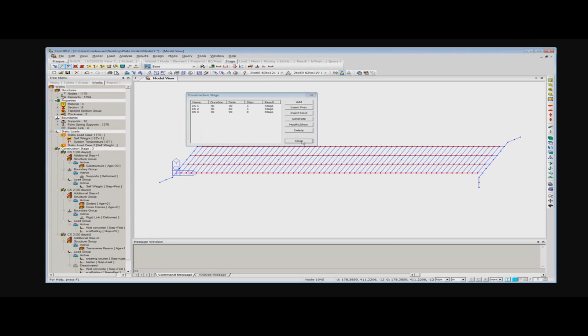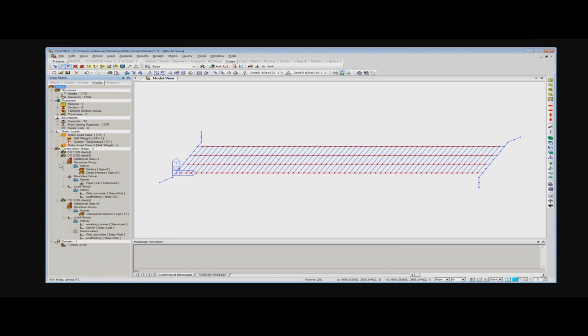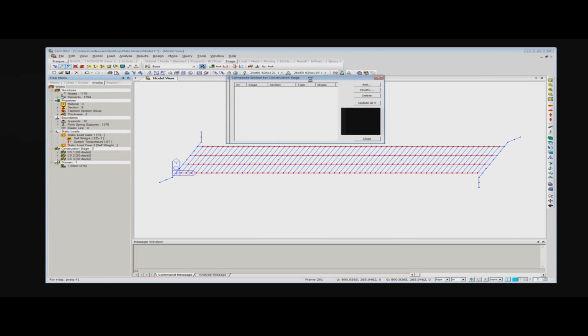Okay, let me close that. Okay, there is one last thing. Let me open this, and you see it in the tree menu. You can follow everything. So okay, the very last thing is to define the composite section to tell the software